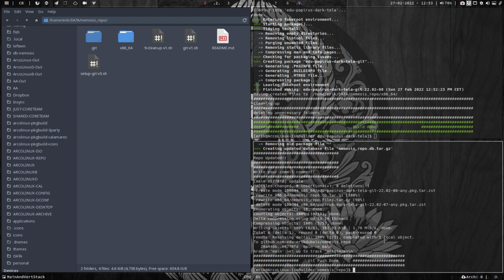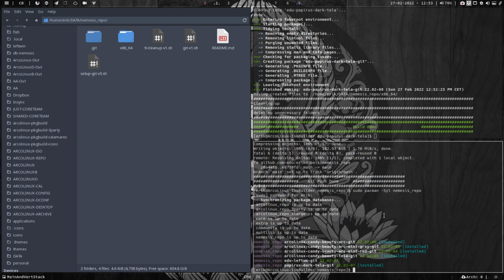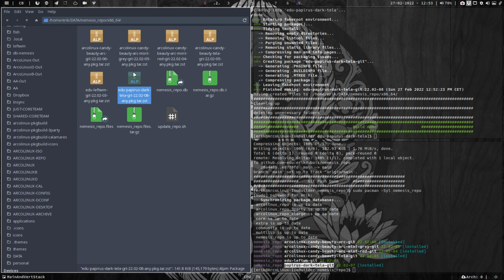But we'll have to wait a little bit for GitHub before we see it, right? An easy way to do it is sudo pacman, or without sudo, well, with sudo better, -Syy, Sil Nemesis repo, and wait for it. You see?